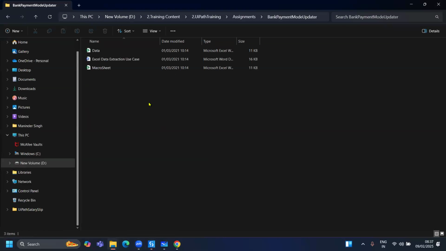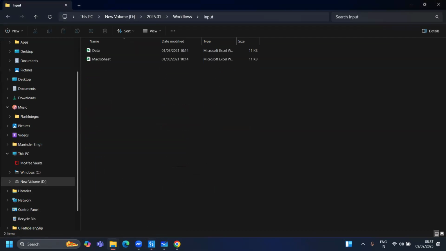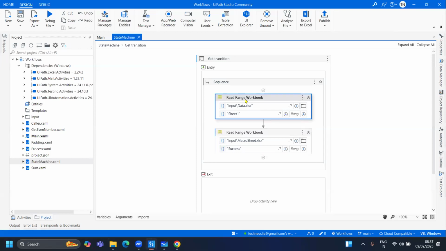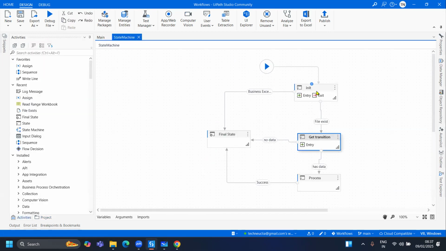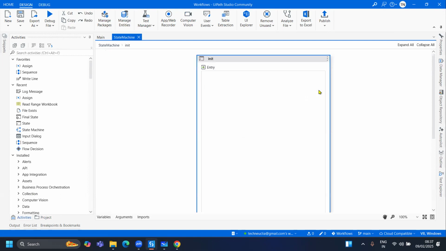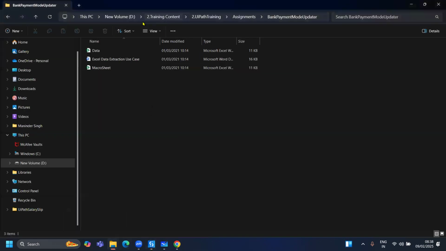moving these two files, which are in some other location, to my input location, because my bot is reading files from its own folder, which is the input folder, right? Input data and input macro. These are relative paths. So before reading, I need to move them, because at the first stage I know whether there is a file. If there is no file, it will go here. If there is a file, then it is going here. So if there is a file in the predefined location, which is these locations,